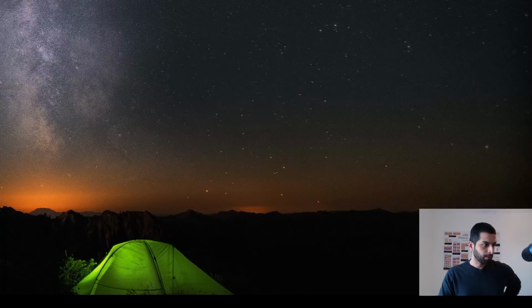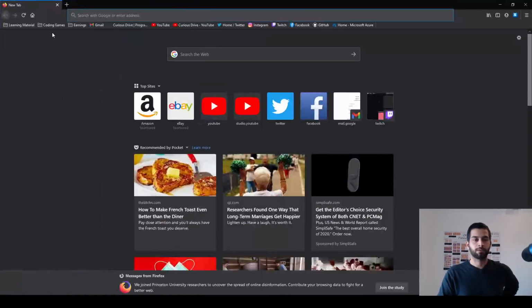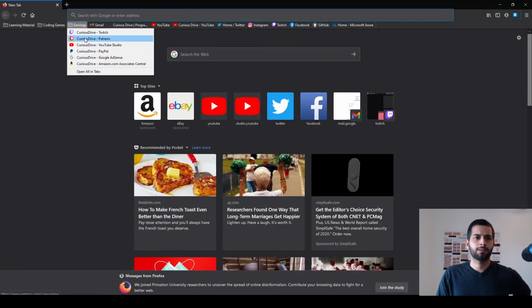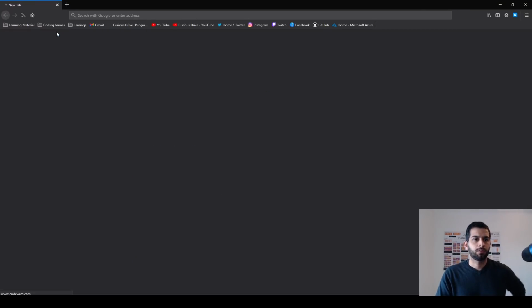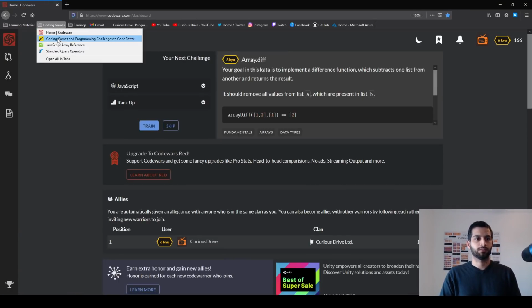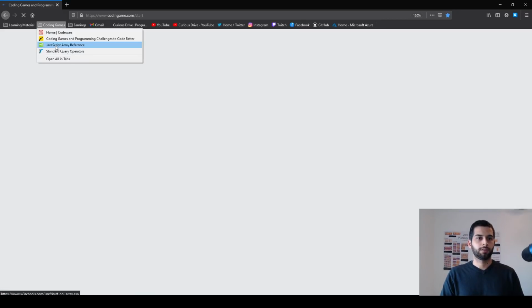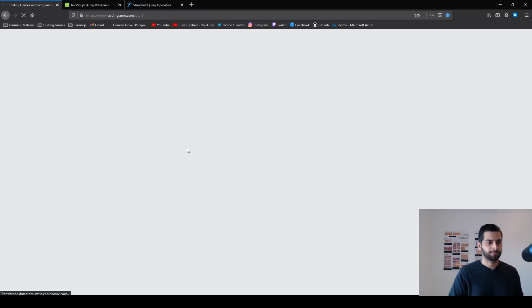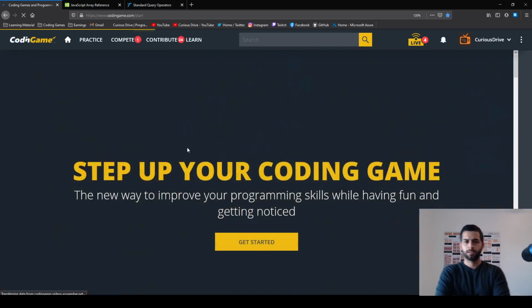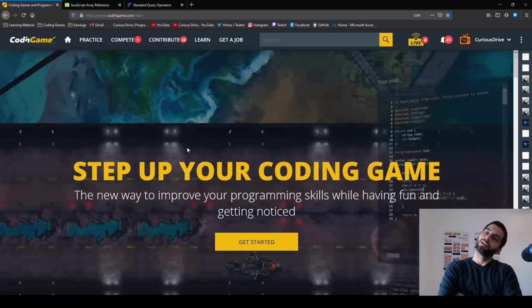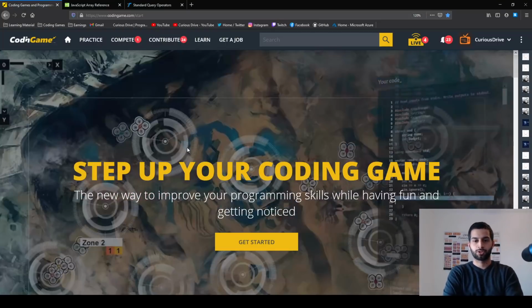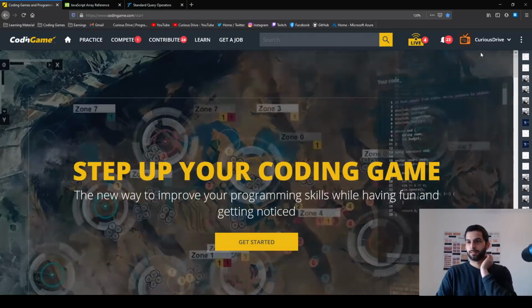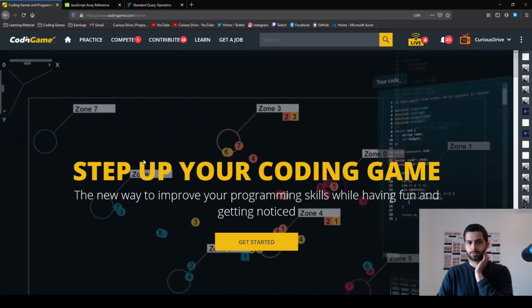And now I wanna play some coding games. So I'm gonna open a Firefox window here, not Kata's, coding games and JavaScript array, and maybe link so that I can use some of the C# functionalities. All right, I'm gonna go to home